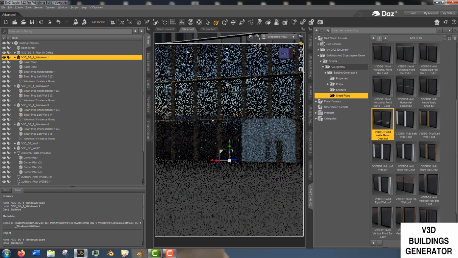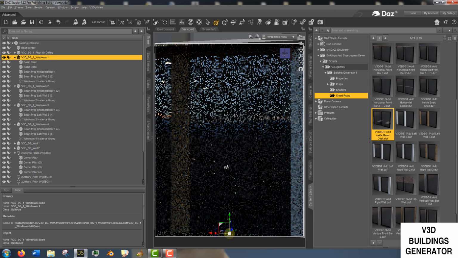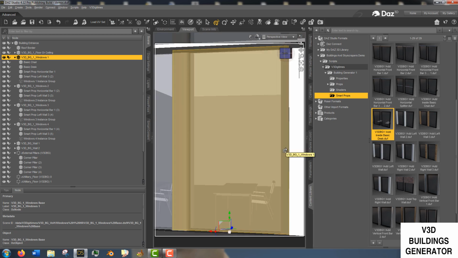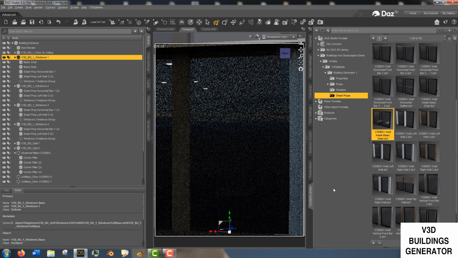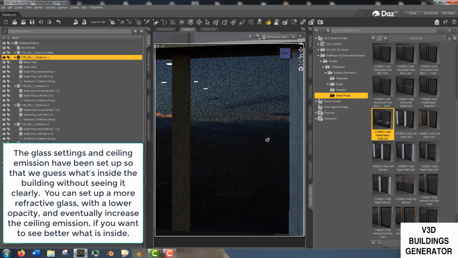Okay. So let's wait a bit. So after the render occurs, you will guess the chair and the desk,